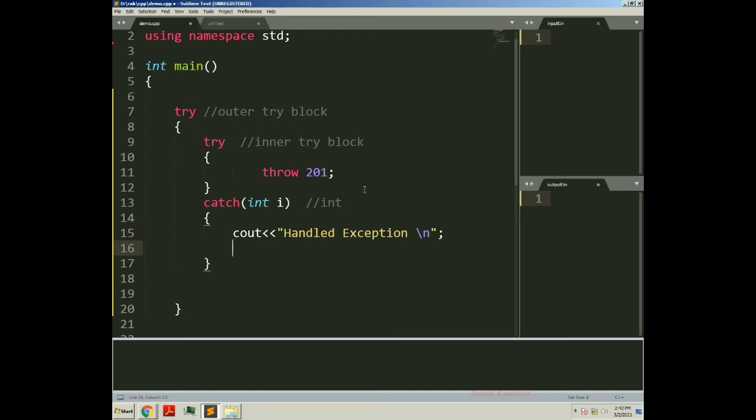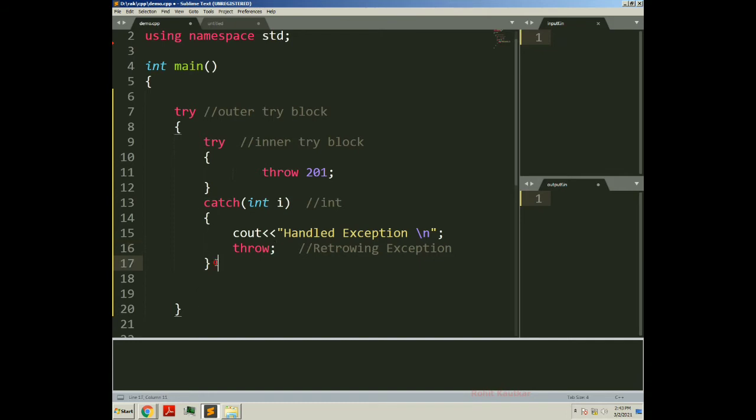After handling the exception we will rethrow it. First we have thrown it from this try block and it is getting caught in this catch block. Now from this catch block I will throw again. In order to rethrow an exception, just write the throw keyword. This is called rethrowing an exception. Whichever catch block is immediately available will be responsible for catching the rethrown exception.